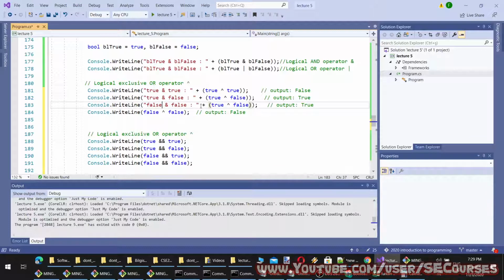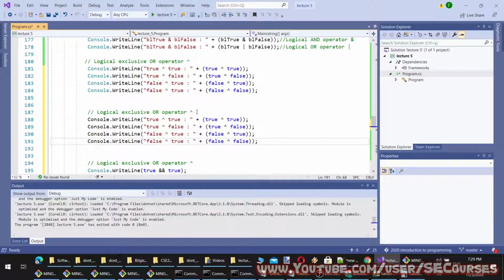Then false and false, or false and true. And then false and false. Yeah, this should be a better explanation. Okay, this is the exclusive OR operator.